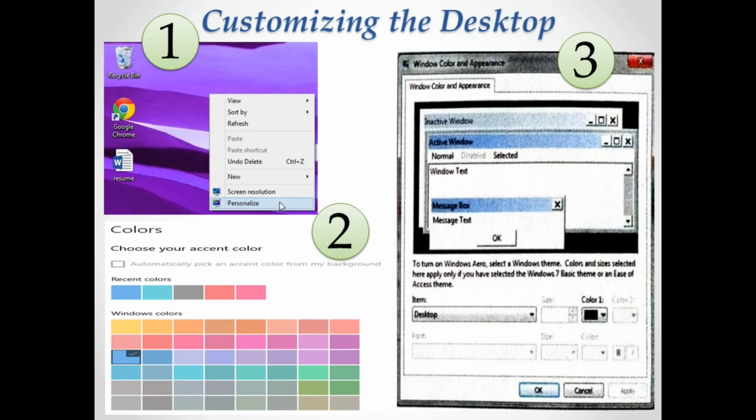Transparency means how you want the colors to be, light or darker, the way it needs to appear. That's called transparency. Click on that option. The window glass borders or the start menu and the taskbar would become transparent, and now you can set your color intensity option.